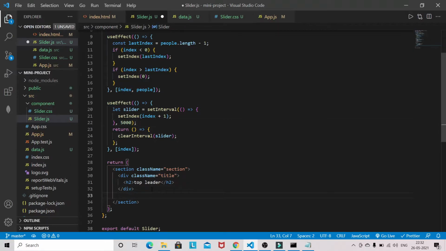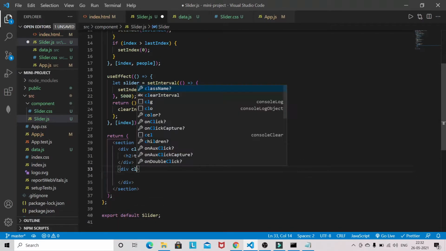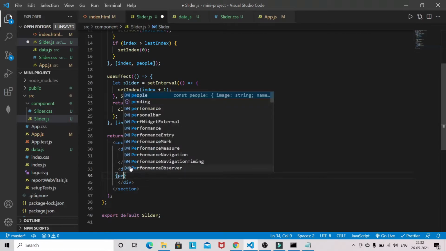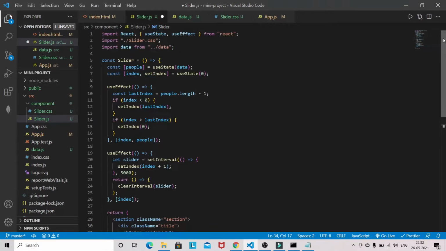Then we have to provide one more div, and the class name will be section-center. Now here we have to map. People is nothing but this data we are using, which is an array of objects.